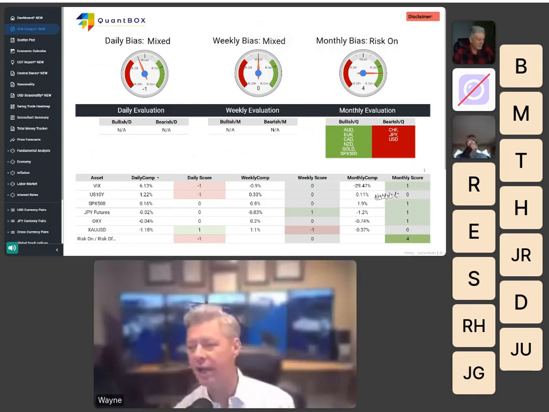Yields are flat, not good, not bad. S&P 500 is up, that's good. Yen is weak, that's good. Dollar, that's down almost 1%. It's barely good. Okay, a weak dollar over the last 30 days. We're just kind of back to where we were, but that ain't bad. Gold's gone nowhere over the last 30 days, neither here nor there. So this is quite good.